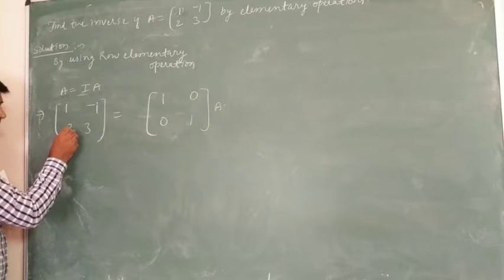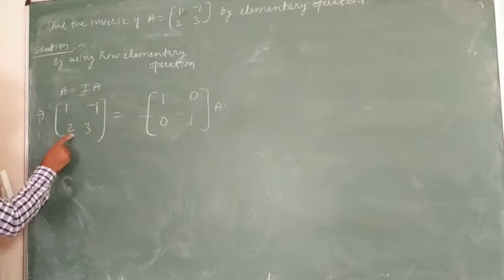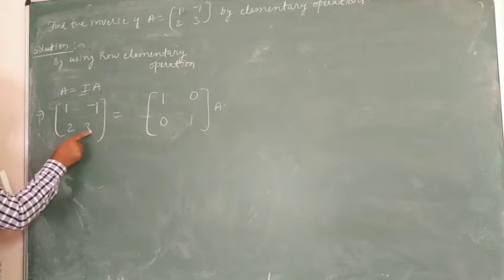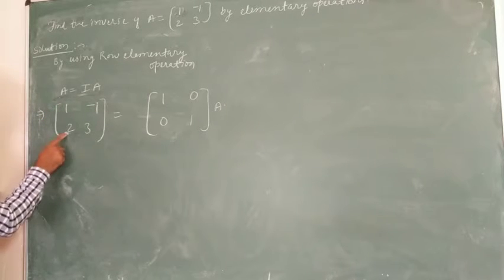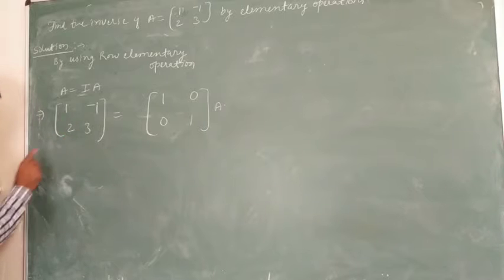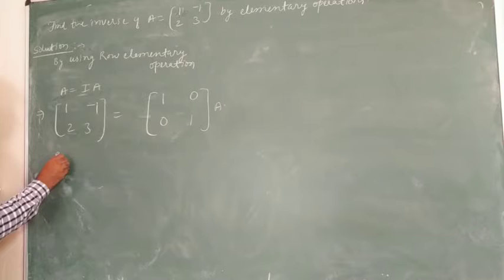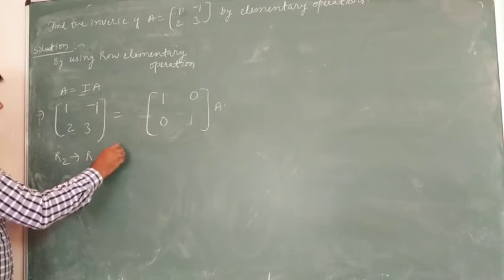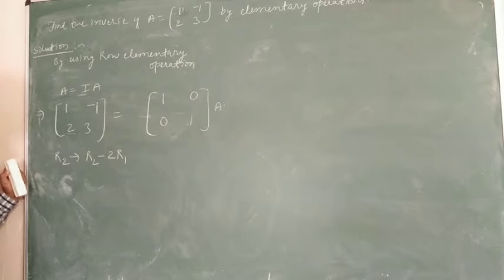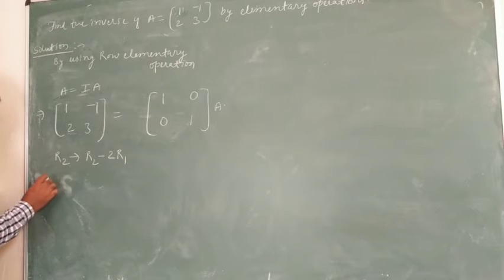To make this an identity matrix, this element should be 0, this must be 1, this should be 0, and this must be 1. So to do that, I am to make this 0 first of all. And to make this 0, what I can do is use R2 minus twice of R1, the third row elementary operation. So when I use this particular elementary operation, I get it as,